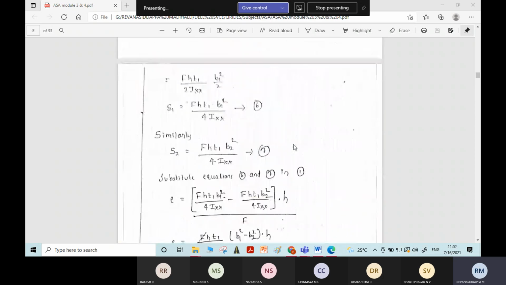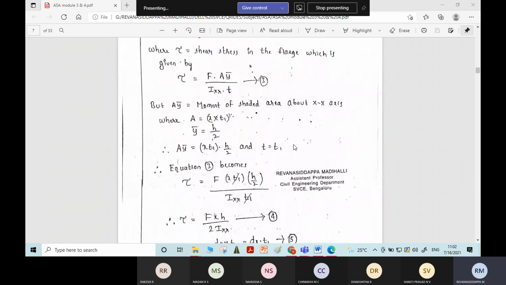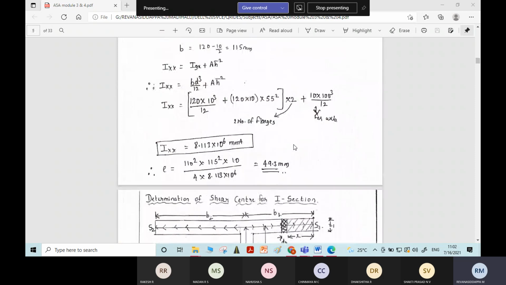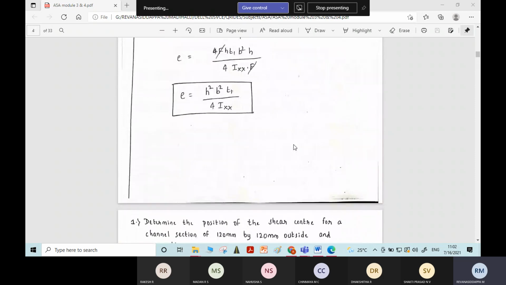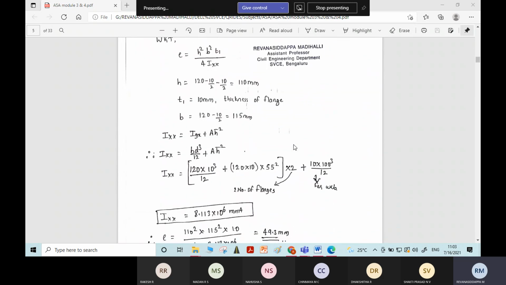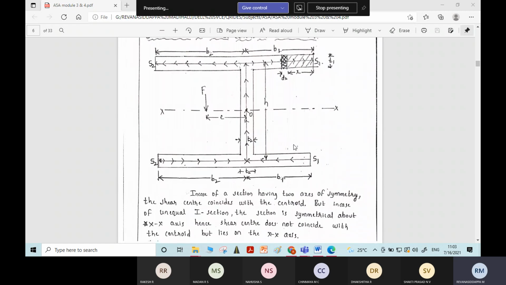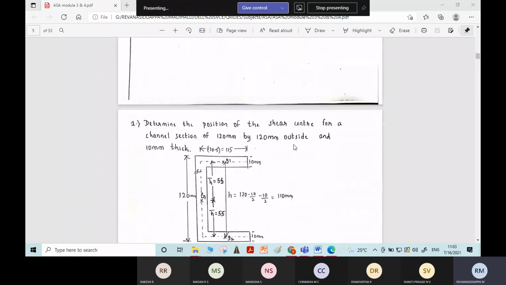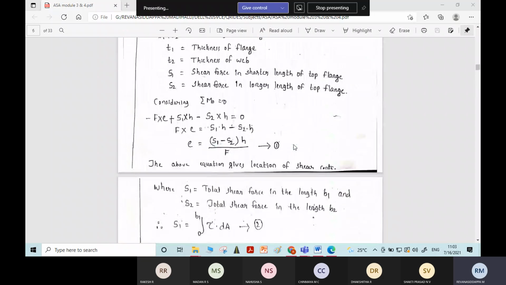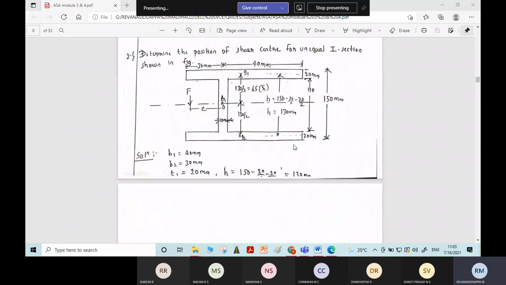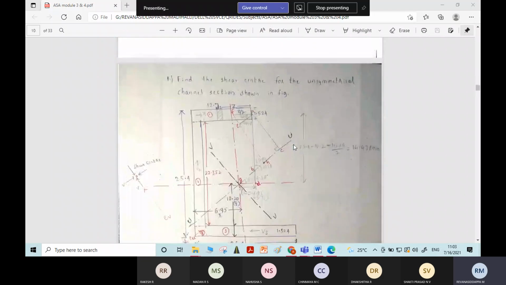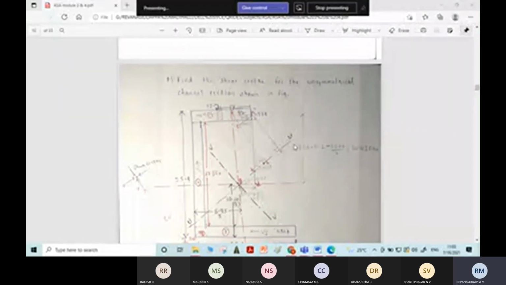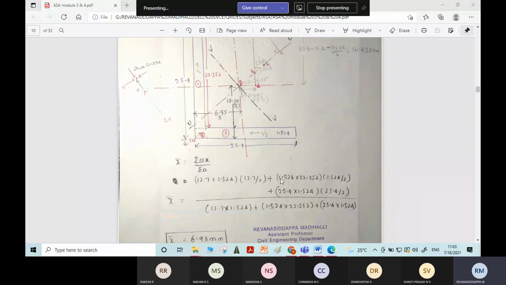With respect to the symmetric sections, it is discussed in this part, the shear center. I think this is discussed in steel structures as well. Priyanka madam also discussed it, it seems. I am not going to discuss it once again, and it is easily understandable. You can solve it by yourself, no problem. Therefore I will directly go to unsymmetric sections, because a lot of calculation is involved here.